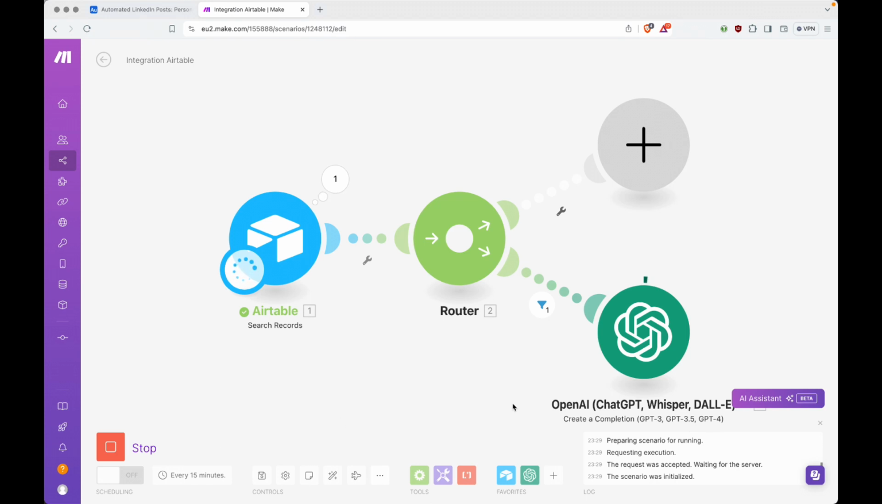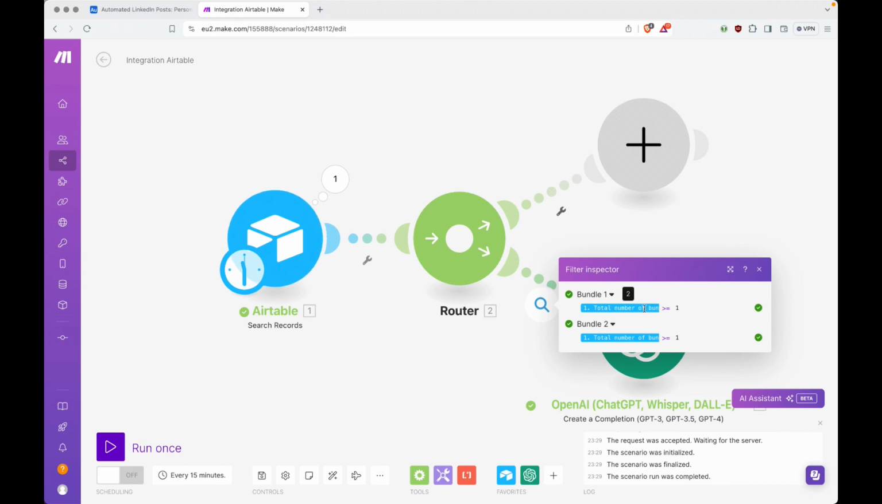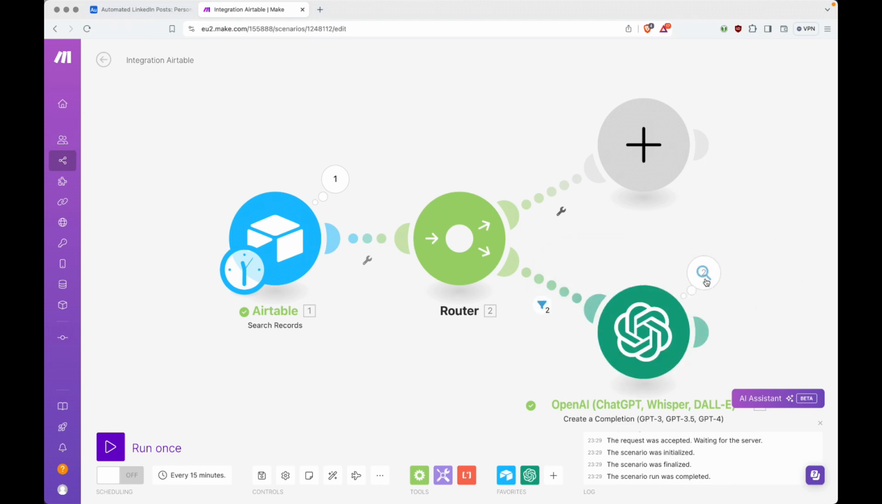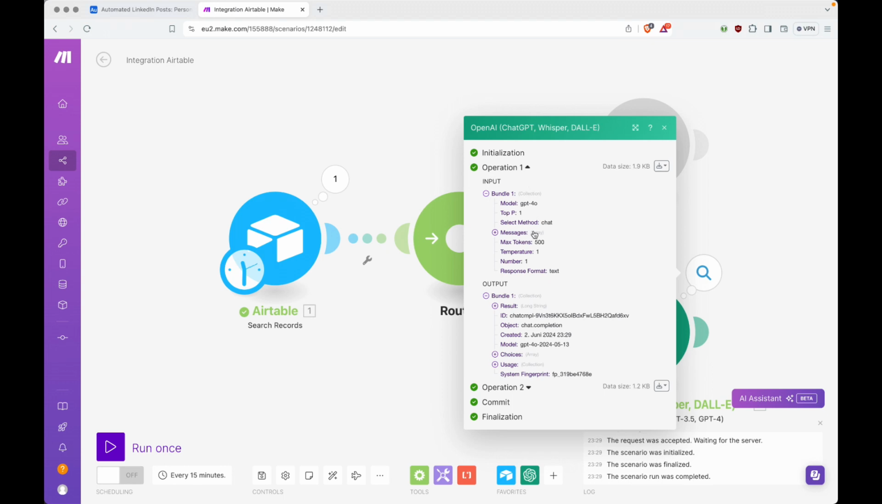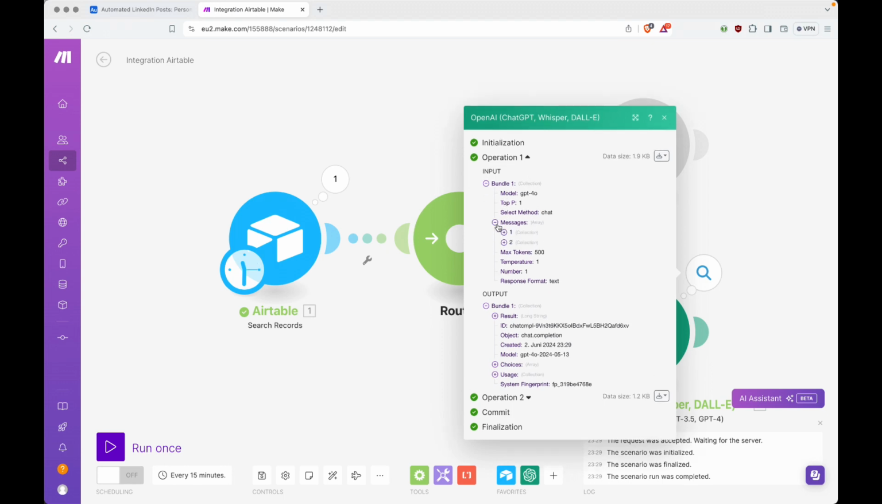Okay, so it is being generated. We do get 2 results out of here. So let's take a look at this. Yes, exactly. This is the first and the second bundle. We've already taken a look at this, and then we're going to see what happened inside this module. So let's see. This is the first bundle as the input. And if we